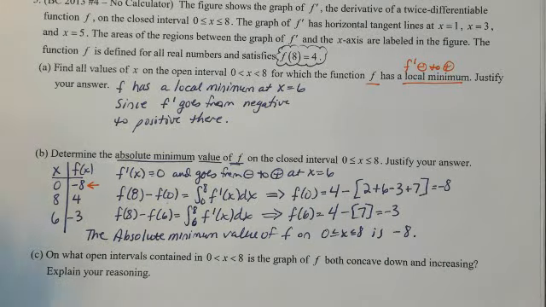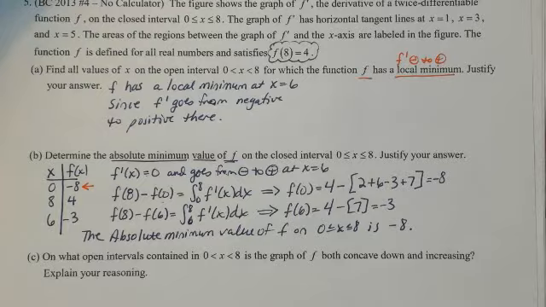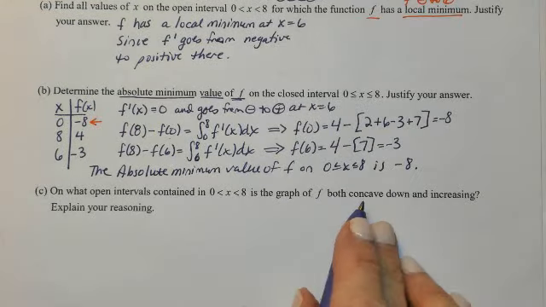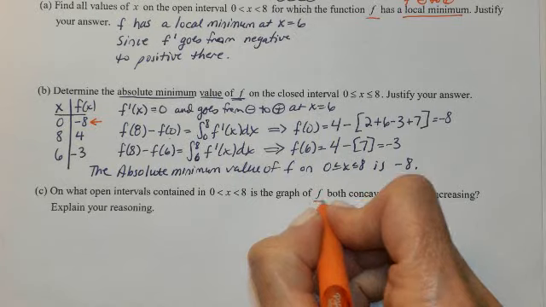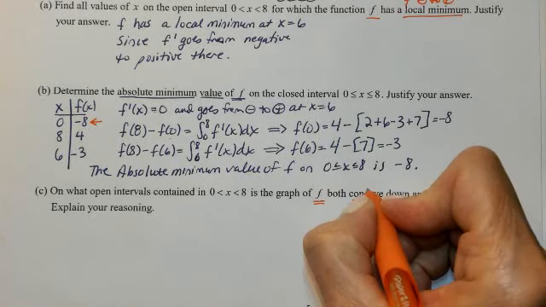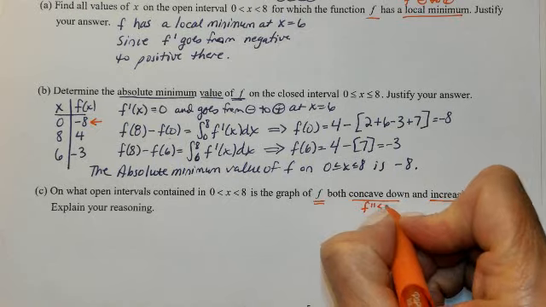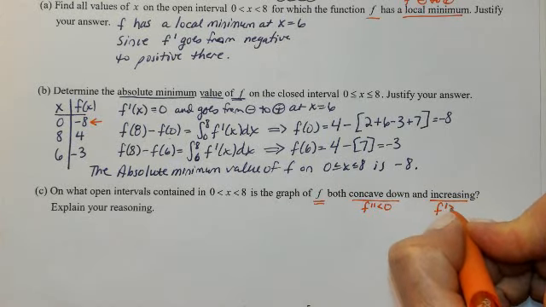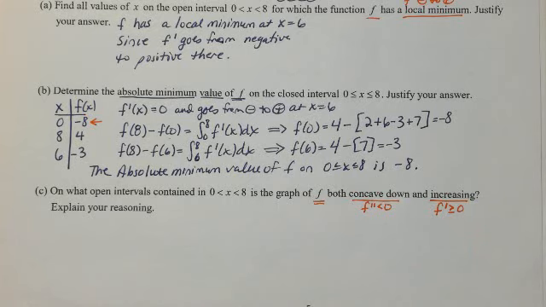Okay. Part C. On what open intervals contained in 0 to 8 is the graph of f both concave down and increasing? Well, concave down is when f double prime is negative. Increasing is when f prime is greater than or equal to 0. So